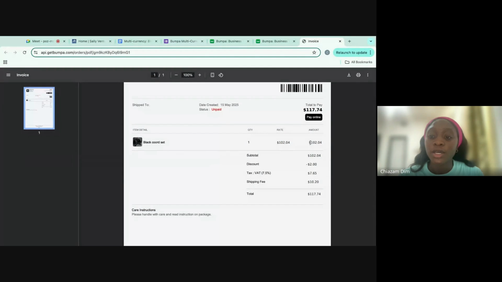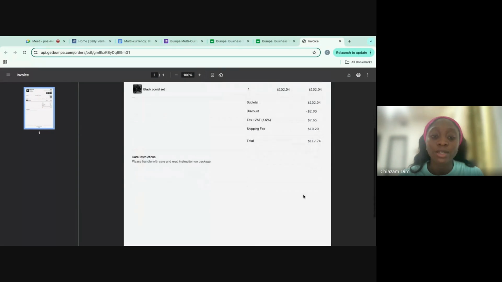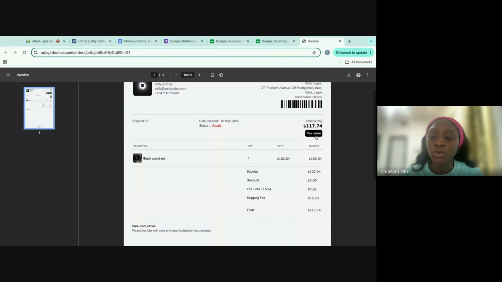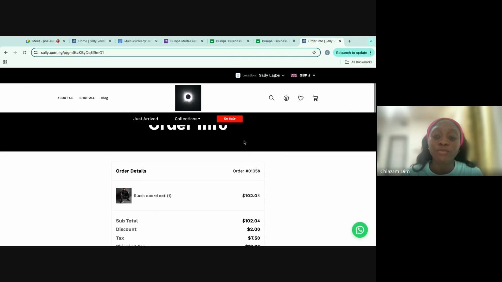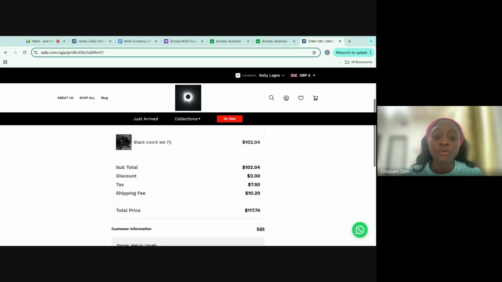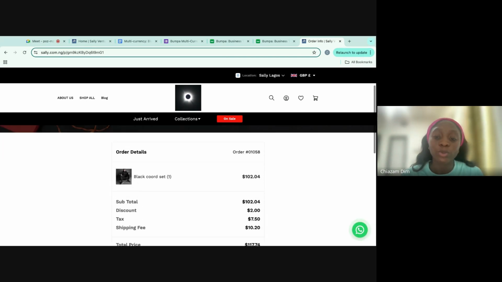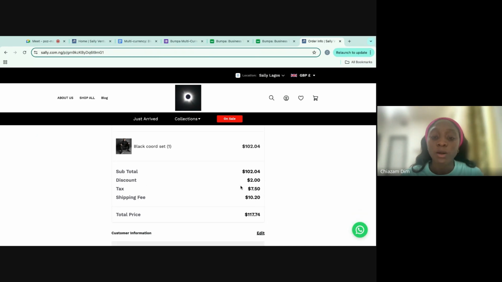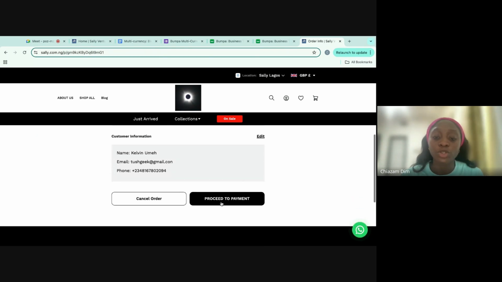You can see all the values are in dollars, so you can literally share this with an international customer and they can make payments. They can always click this pay online button on the invoice, and it will trigger the online payment for them to pay on Stripe. Now, for example, they see this when they want to make payments. They can see all the information about the order and their information too. And if they proceed to make payments,